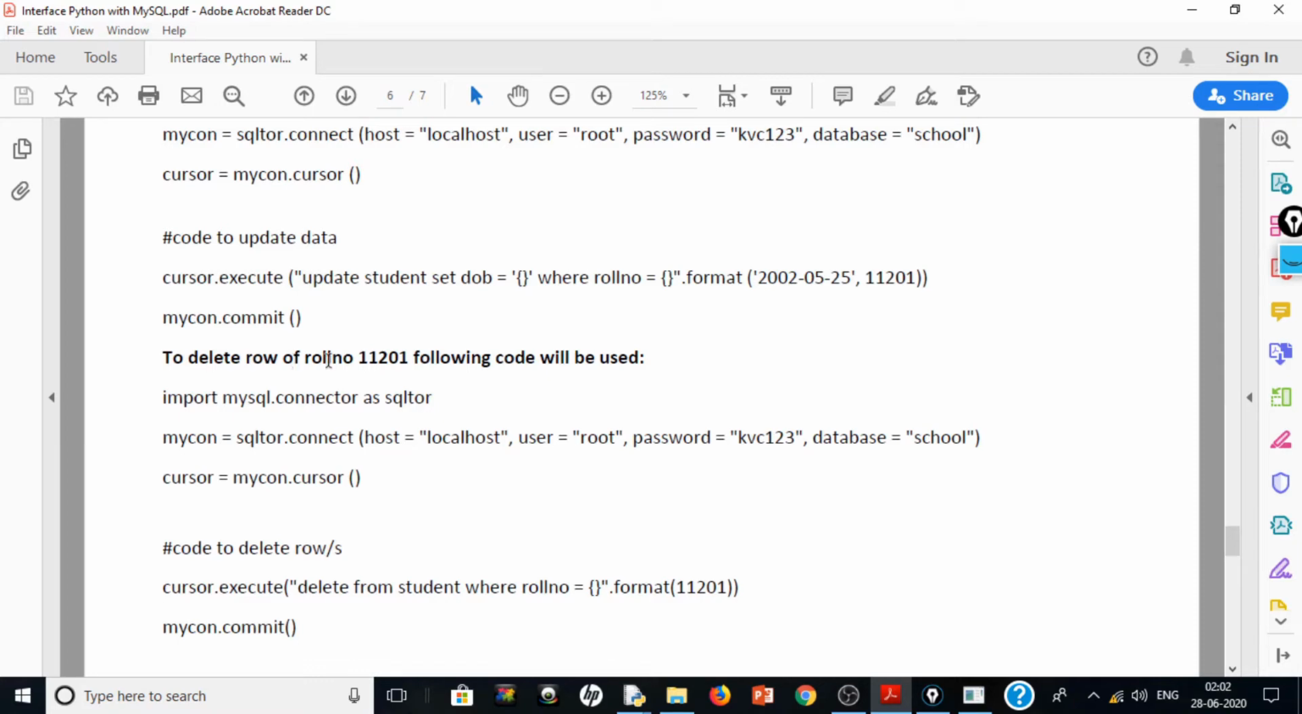So, delete the row of roll number 11201. The following code will be used. Import mysql.connector as SQL Tor, mycon equal to SQL Tor.connect, host equal to localhost, comma, user equal to root, comma, password equal to kvc123, comma, database equal to school. Then we will create the cursor equal to mycon.cursor, and the code to delete is cursor.execute, any delete command, and